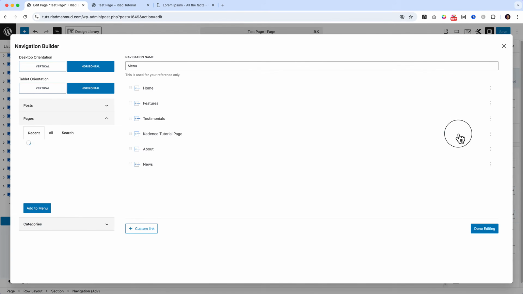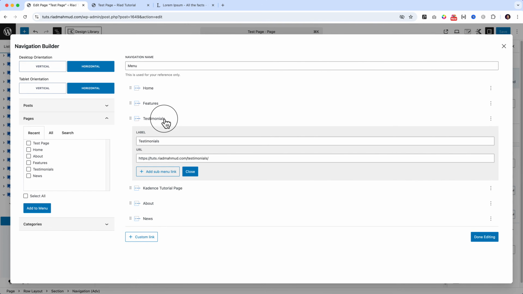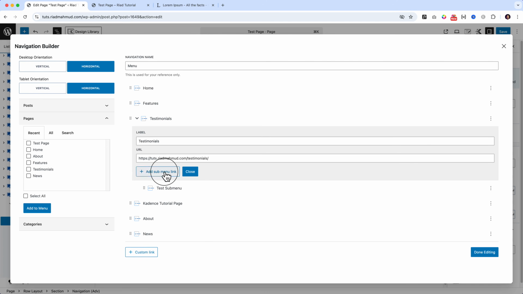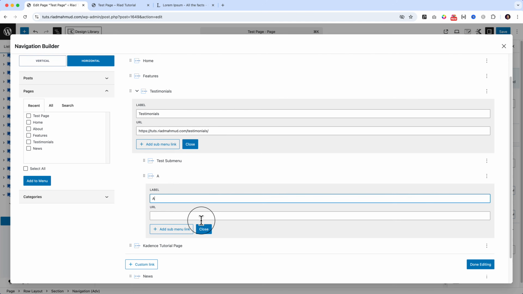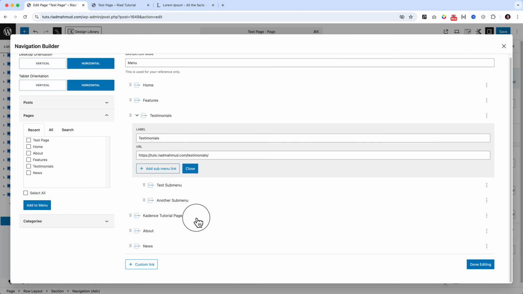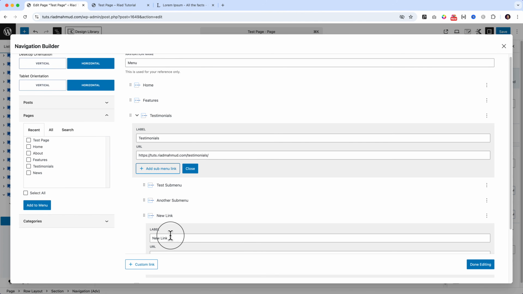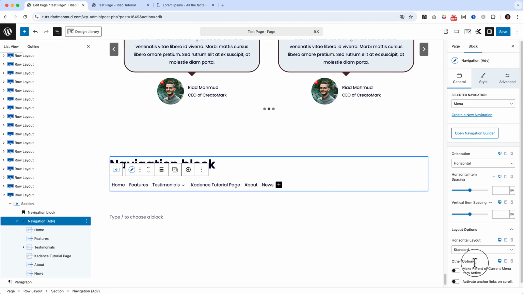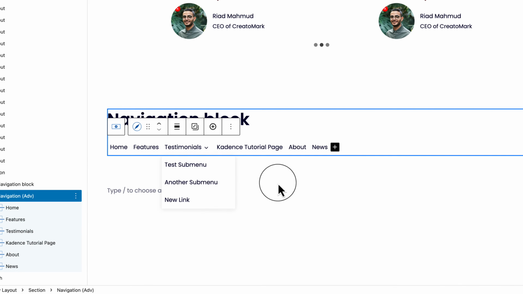So I'm going to open a navigator here and I'm going to add a sub menu link. Let's add test sub menu and hash close, and add another sub menu link, another sub menu hash close, and add another one, just hash and close this one, and done editing. So I have added the sub menu links here, and as you can see, it's displaying nicely here inside the